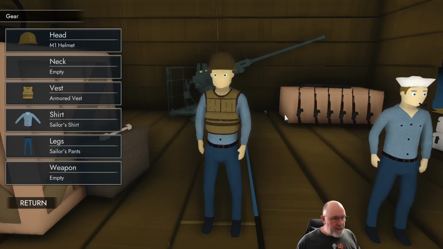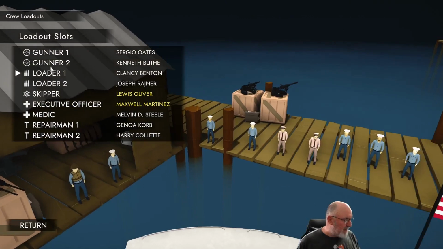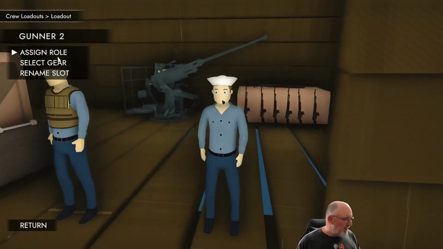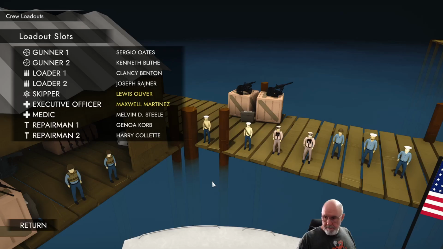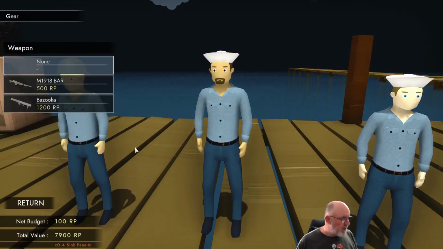Go and get him an armoured vest as well, return that one through there. That will do him, but to go back to the next sailor, I need to go all the way back out again, choose the next person, and then do the same deal again. So I've just gone through and decked out the crew in basic terms. This doesn't cost any of the resource points, but I could also select gear and give them weaponry, which does cost